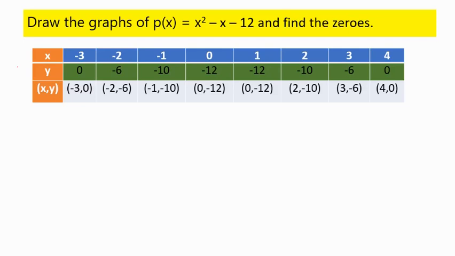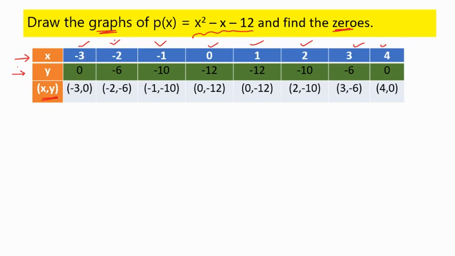Hello everyone, in this video we are going to find the zeros of the quadratic polynomial x square minus x minus 12 using a graph. To represent this quadratic polynomial in a graph to find zeros, we have to take a table like this with values as minus 3, minus 2, minus 1, 0, 1, 2, 3, 4. Irrespective of the question, these will be the same values for every question. You have to start the box representing the x values as minus 3, minus 2, minus 1, 0, 1, 2, 3, 4, and the y values we will get based on the x values.